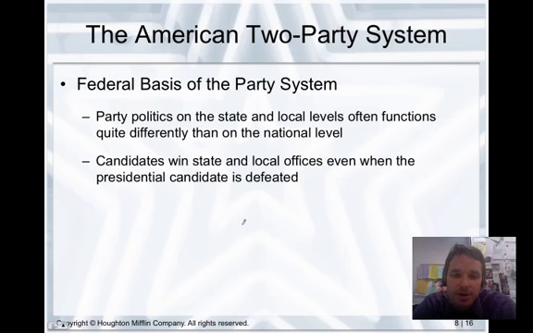Federal basis of the party system. Party politics on the state and local levels often function quite differently than on the national level. You can have a Democratic president, for example, and then you could easily have a Republican